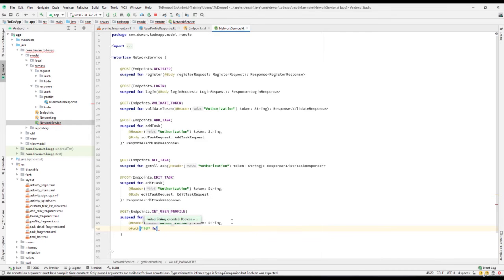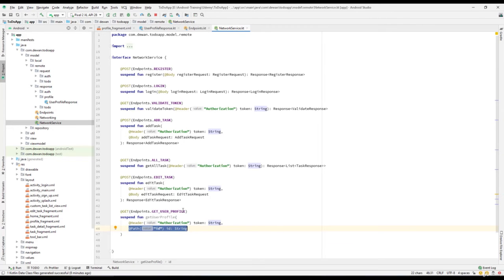Sorry, it should be ID and of the string data type. And we need to close the brace over here. And I think that's the thing that we need to pass. One is the header, so authorization header we have to pass, and second is we need to pass the path